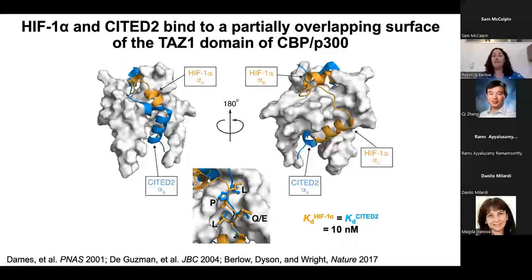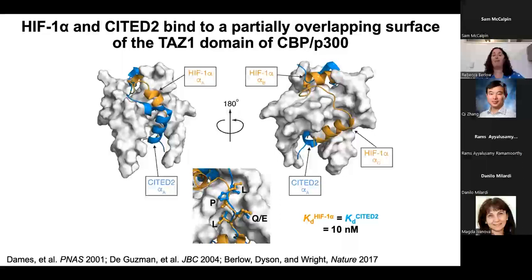And so we hypothesized that this LPXL motif, which is LPQL in HIF and LPEL in CITED, may be playing a pretty critical role as a hotspot for competition between HIF1 alpha and CITED2. The other information we had was that HIF1 alpha and CITED2 both interact with TAZ1 with an affinity of 10 nanomolar by a range of different biophysical measurements. And so we have two disordered proteins that bind to a partially overlapping binding site on their shared folded binding